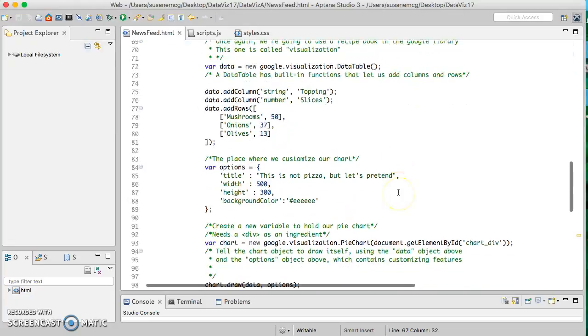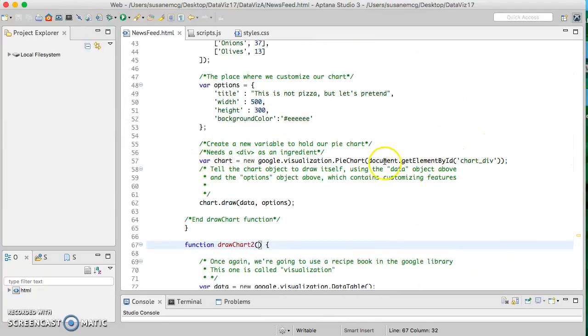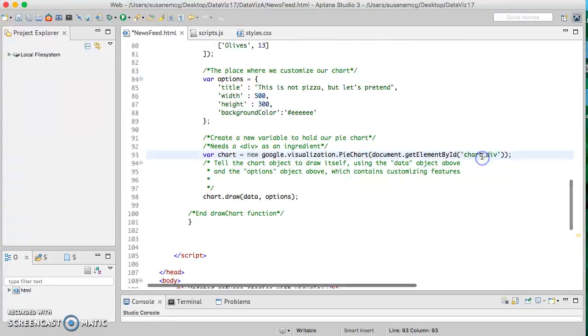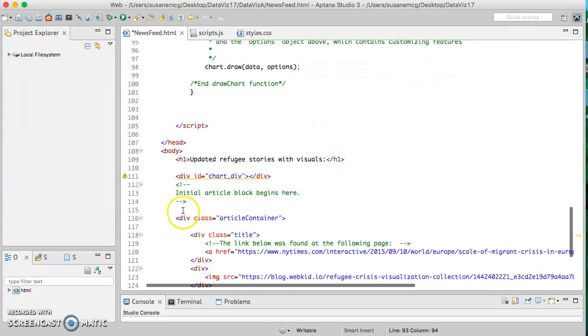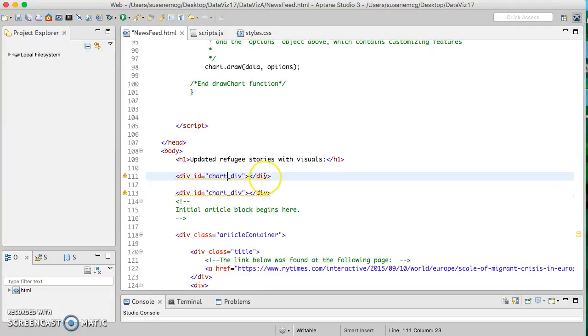Now, of course, there's something else important that's happening here, which is that this function is targeting a specific div in which to place my visualization, right? So I need to make sure that I have two separate divs so that I can have two separate visualizations, and that each of these functions is targeting a different div. So I'm going to change this to chart1 div, and this to chart2 div, and then of course down in the body of my HTML, I need to make sure that I have also changed those things. So if I go back here and I reload the page in Chrome,